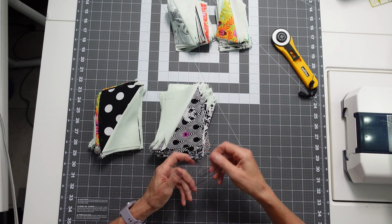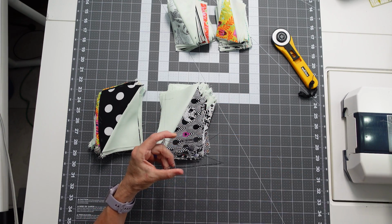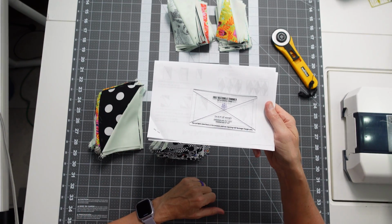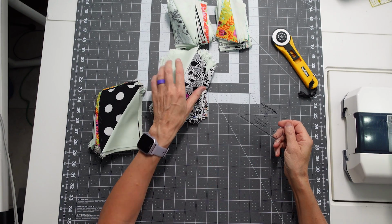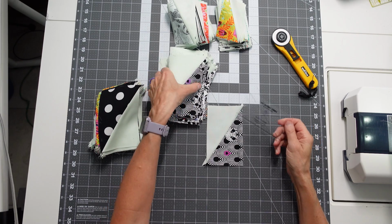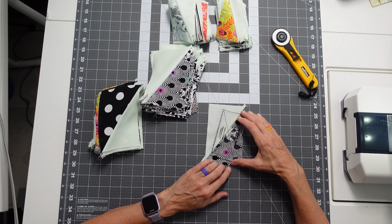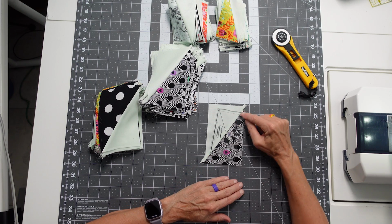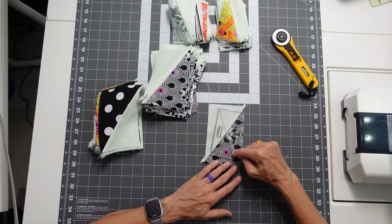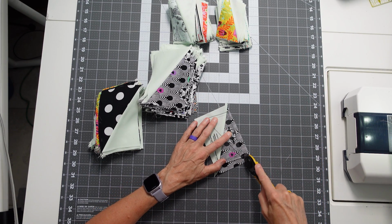These have been trimmed. Now I need to use my half rectangle trimmer. Let's get a piece of paper. A half rectangle trimmer to trim all of these up. And there are 2 lines on this because only one line's going to work, so you can do both seams. The other seam was on this line, this seam's on this line. And just like before,